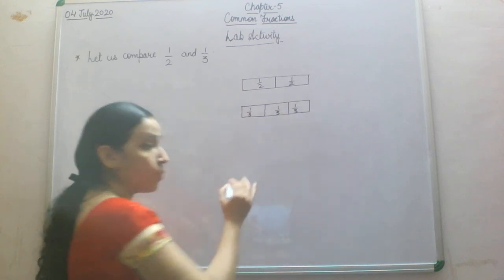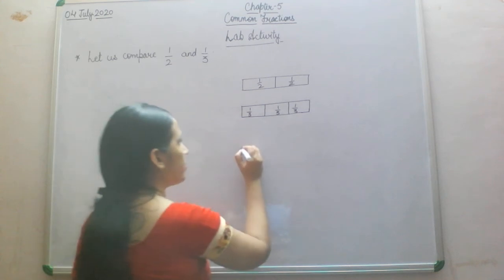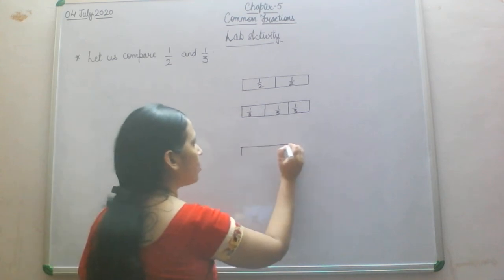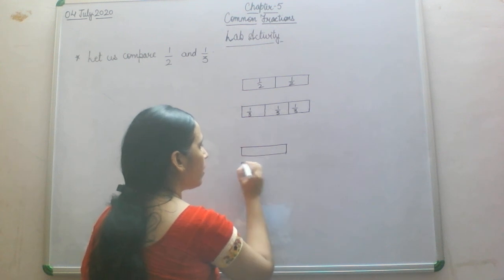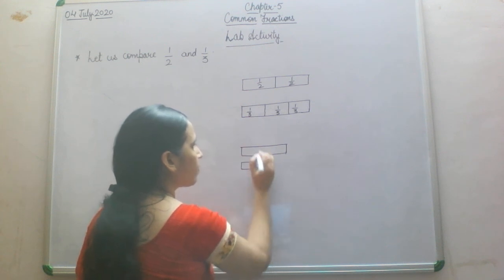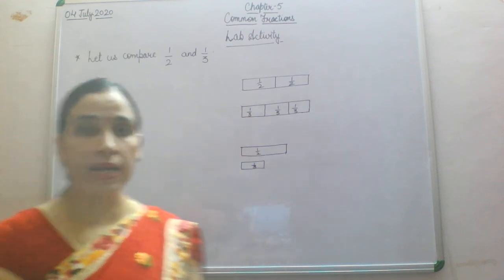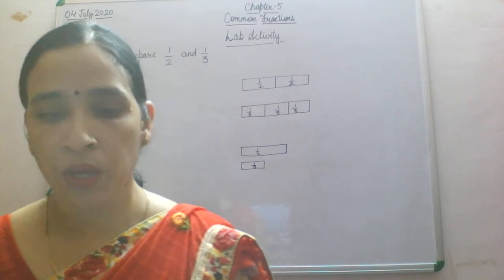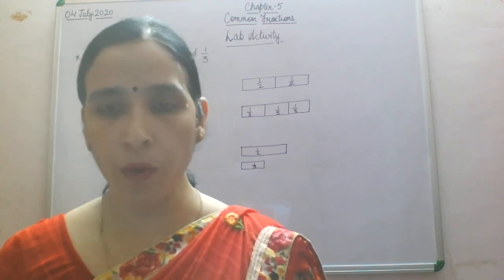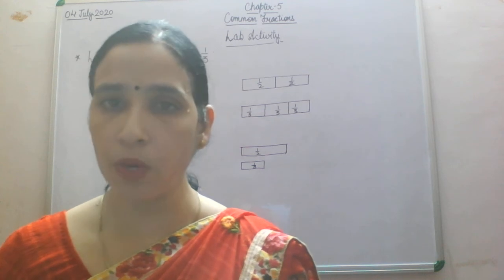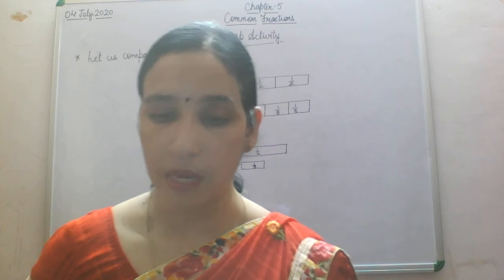Then for the comparison, you are going to cut it out and compare. See, the comparison part you will do separately, 1 by 2 and then 1 by 3. So what will you write? You will write the whole procedure which is given. You will write, take two rectangular strips of colorful chart paper or white chart paper, whichever you are using, and you will write it down.